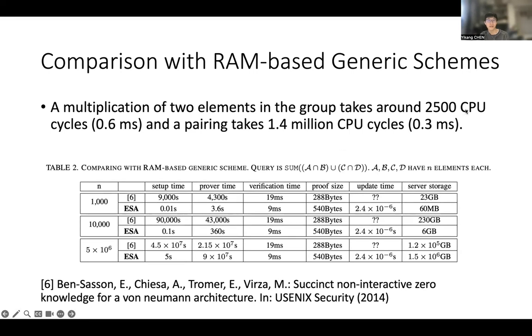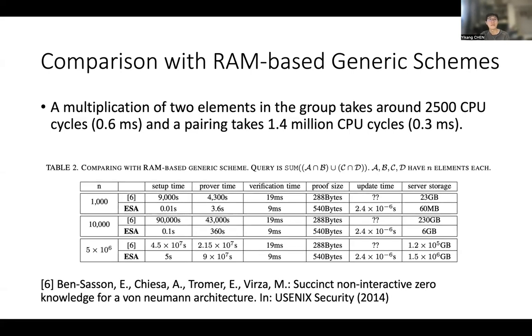I'm very curious about why the CPU cycles are smaller for the pairing, but it takes longer when they compute this estimated running time in the paper. Yeah, this is one strange point.